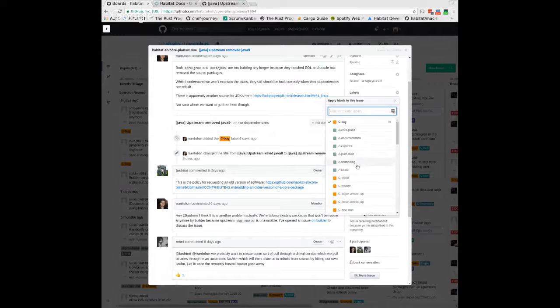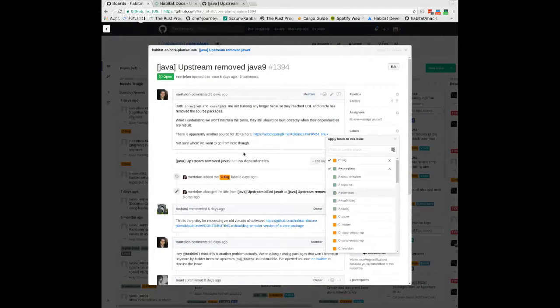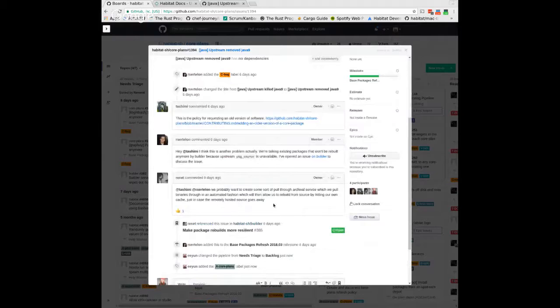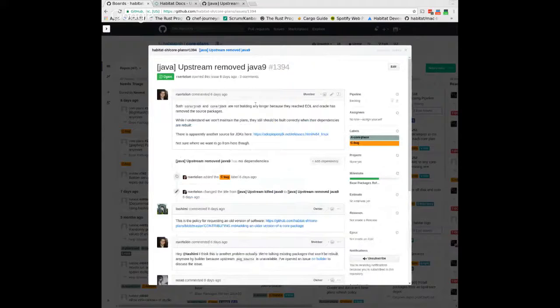I don't know. I guess this would be sort of a core plans. It's not really actually a core plans. I'm wondering if we want a different issue open for this. This is really separate from, like, it's bound up in this, like the fact that JRE9 and JDK9 won't build anymore. That's how we found out about it, but that's not the actual thing. The solution here is separate from this issue, right? Right. So